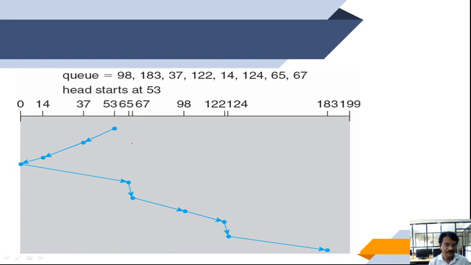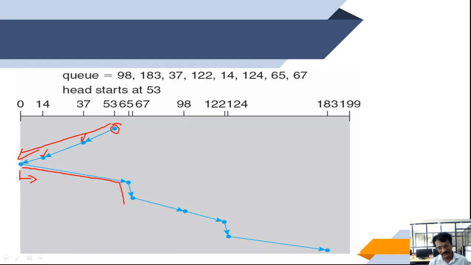So in this way, it starts from the reference point towards one end, serving all the references. Once it reaches one end, it reverses its traveling or traversing or scanning.